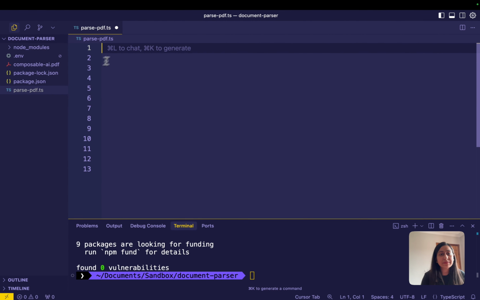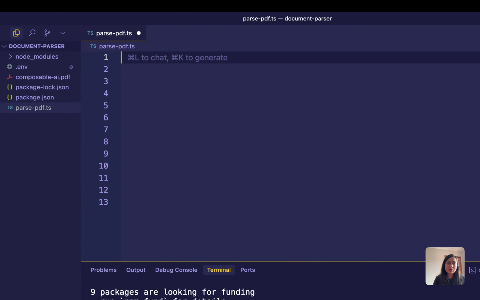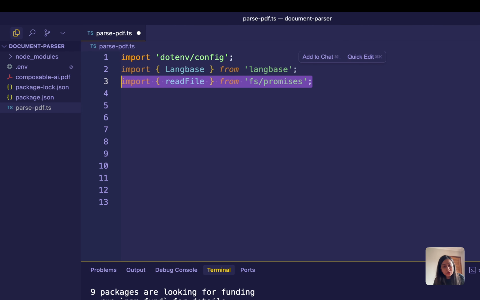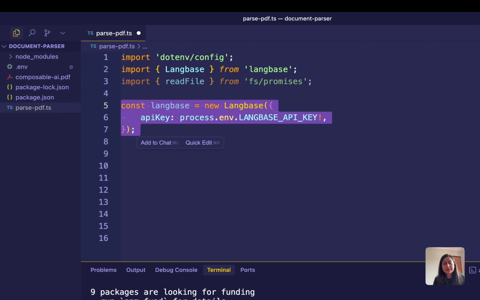And then in the parsepdf.ts file, I am going to load the environment variables, import the Langbase SDK so you can use the Langbase API, including the Parser API, then import the file reading tool. This will let you read files like PDFs using promises, which work really well with the async and await functions. Then after that, I am going to initialize Langbase. This creates a new Langbase client using your API key from the .env file, and after that I'm creating an